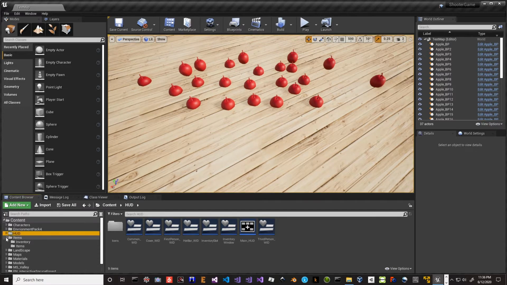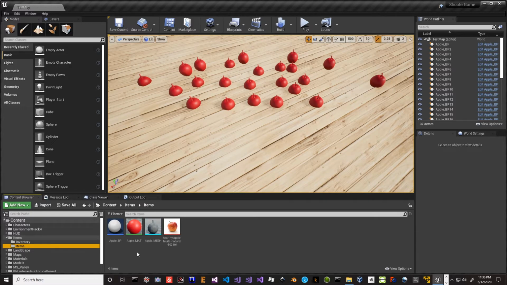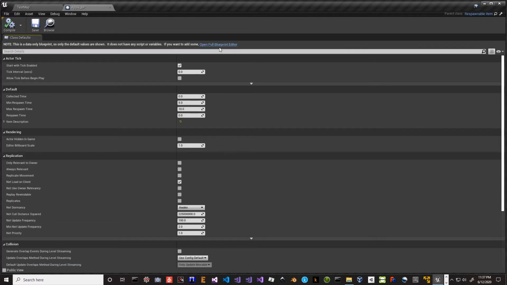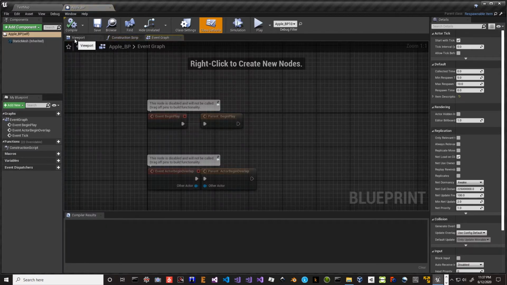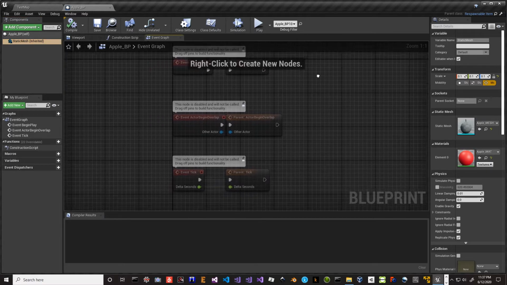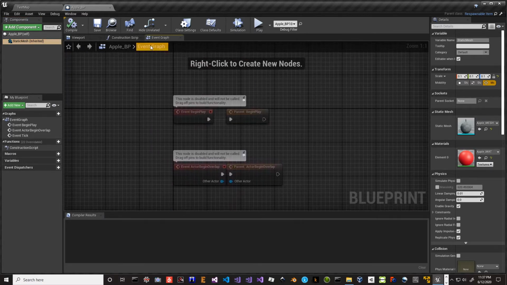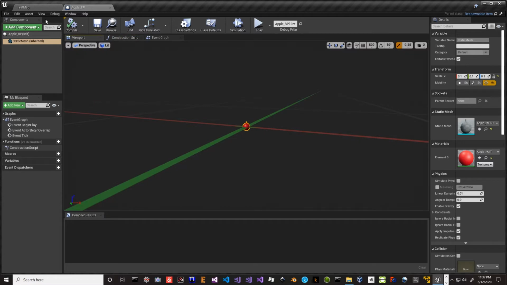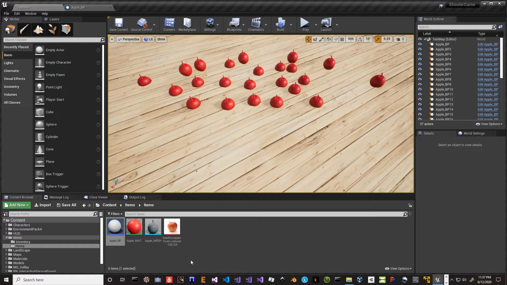First of all, let's go fix this problem with this blueprint. Is it the blueprint or the pickup? This is our Apple blueprint, and the Apple blueprint has the apple in it. This is the pickup, the thing that can be picked up, right? That's the static mesh. I can't remember if there's any code in this. I don't think there really is. Is there? Construction script. Parent construction script. Oh, that's right. We have this